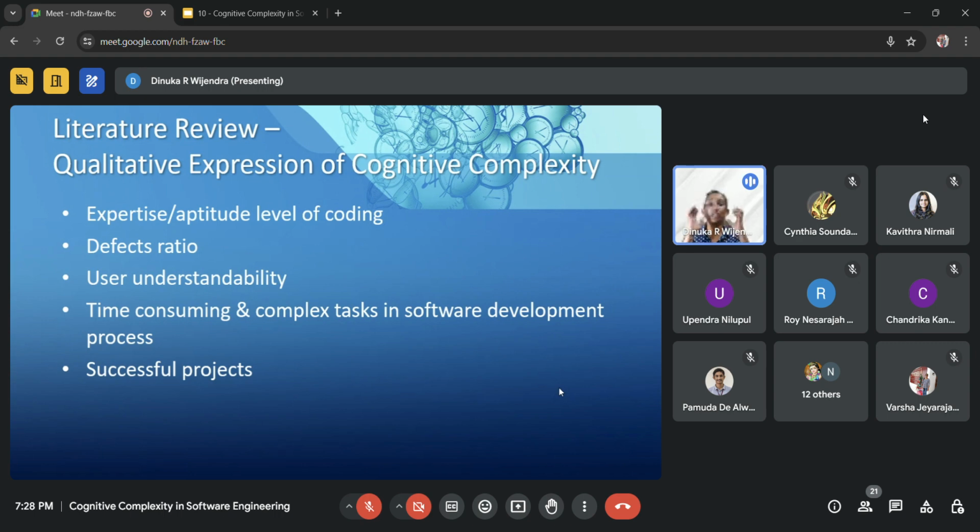If we do something in a very complex way, no one wants that. We always like to go in a smooth way, so that the effort will be reduced. But always remember that if you think about cognitive complexity with software, it has to be very low. You have to think about cognitive complexity in a way that it should be very low, so that we can say the understandability is very high.